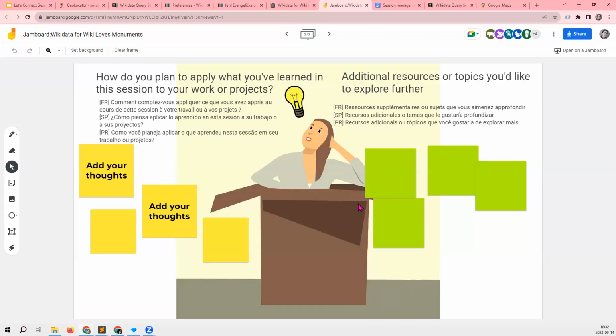So now, very quickly, it will be useful to also get to share your thoughts around some of these questions. The first part says, how do you plan to apply what you have learned in this session to your work or project? And also, what additional resources or topics would you like to explore further?